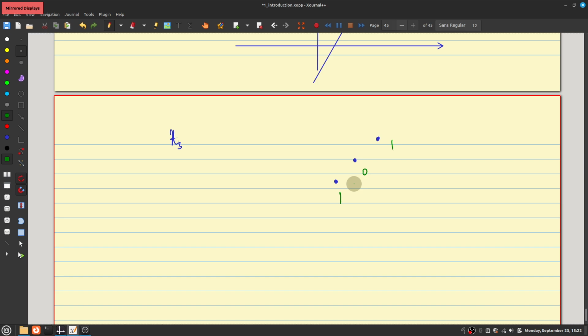So essentially, if I take 3 collinear points, then I cannot draw a hyperplane for which only one point is on one side, that is, the middle point is on one side of the hyperplane and the other two are on the other side. Correct. Well, I can get 1, 1, 0 and 0, 1, 1, but essentially the midpoint having a different labeling from the other two is not possible.